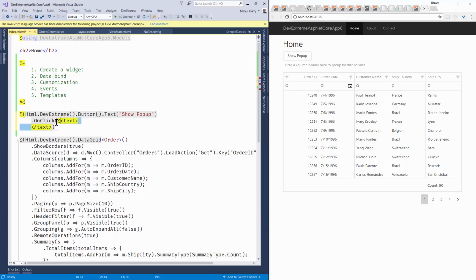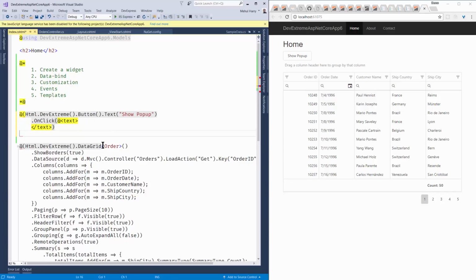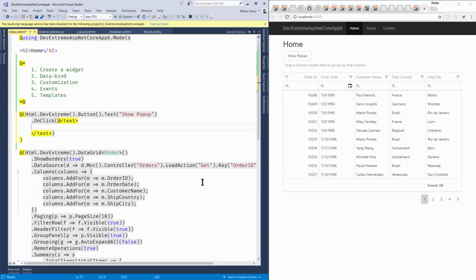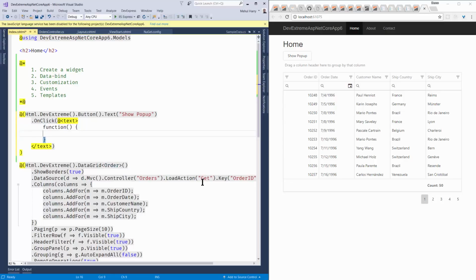And again, I've talked about this before where there's multiple ways to go about doing this. There's pros and cons to different approaches. But in my case, I'm going to stick with the text block, mainly because I'm going to be taking advantage of templates later. Okay, so in it, I'm going to make an anonymous function that says when I click this button, I want to call the